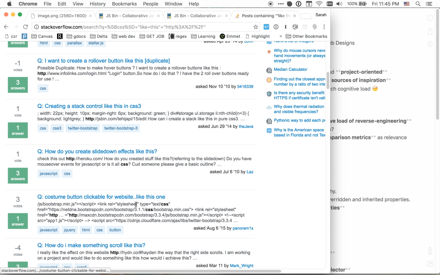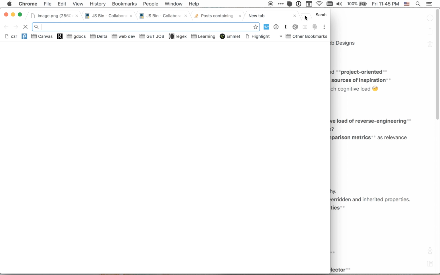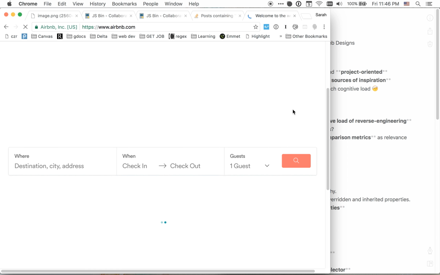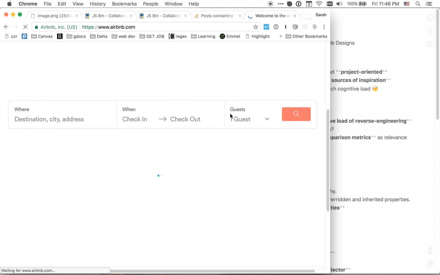So the fundamental idea that we have in need finding is that there's a very high cognitive load involved in reverse engineering existing websites. So here's an example of Airbnb's website. This is the booking search bar that they have. And say we want to be able to implement this particular